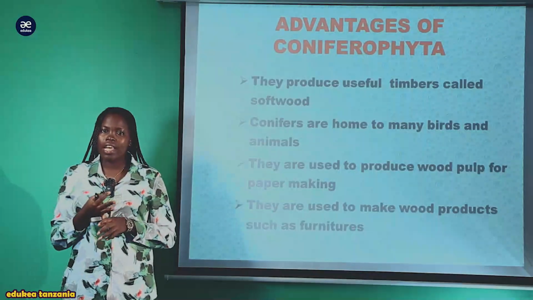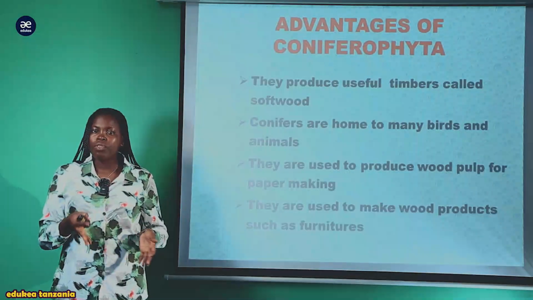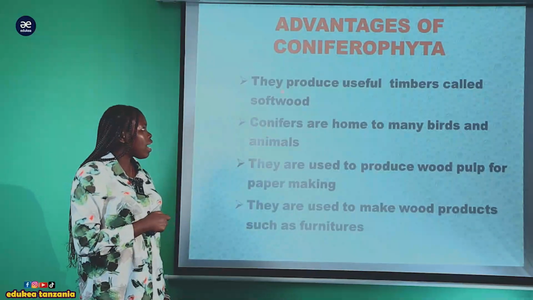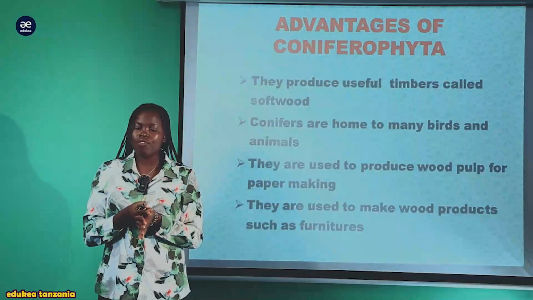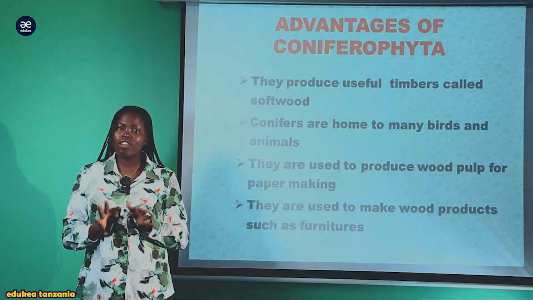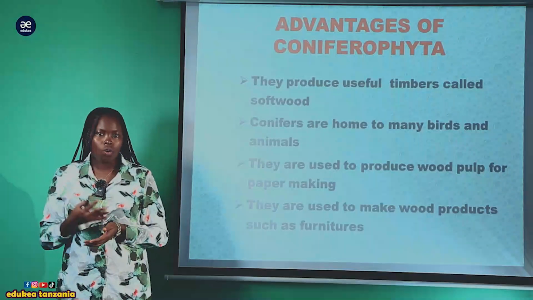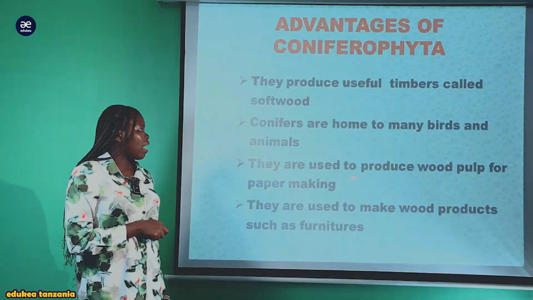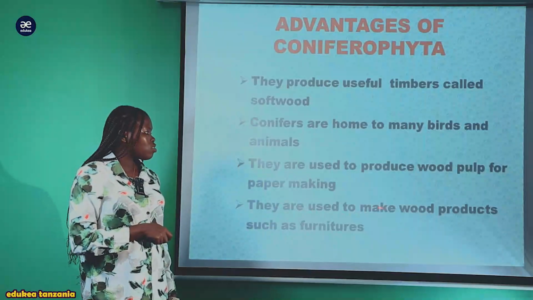Also, conifers are home to many birds and animals. Conifers are mostly found in cold regions where they form the evergreen forest. Evergreen forest inatengenezwa kijani nzuri, na forest one of the ecology for different groups of organisms. Kwa mfano ndege, wadudu. Also, they are used to produce wood pulp for paper making. Vile vile, they are used to make wood products such as furniture. Vile vile wanatupatia wood products, kwa mfano female cones ambazo tunatumia kutengeneza furniture, kwa mfano viti, vitanda, meza na vile